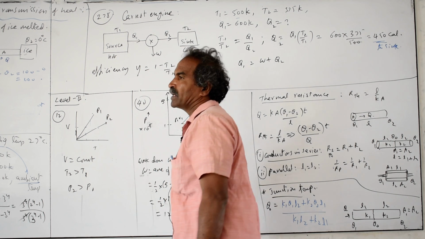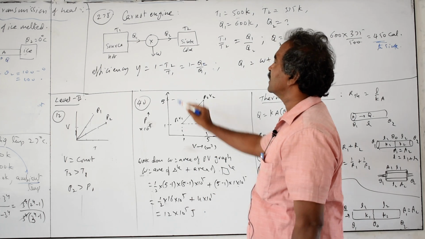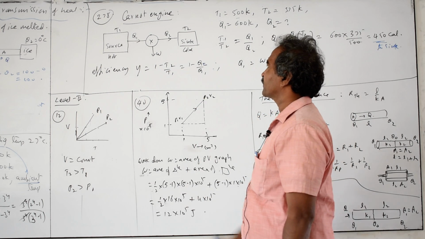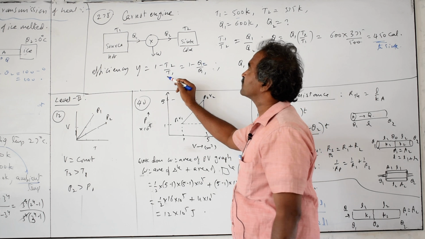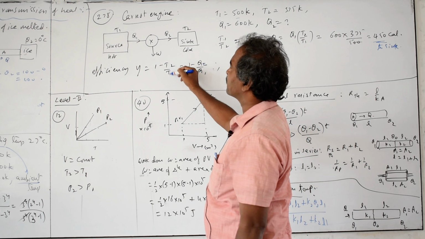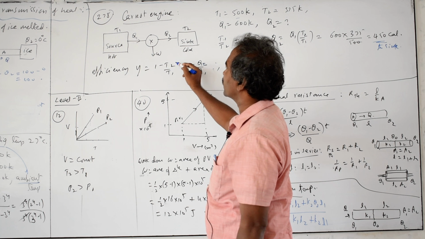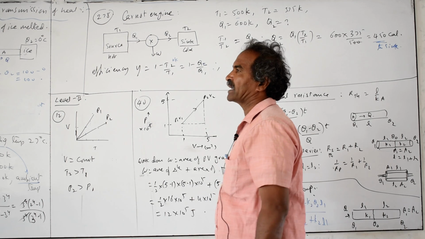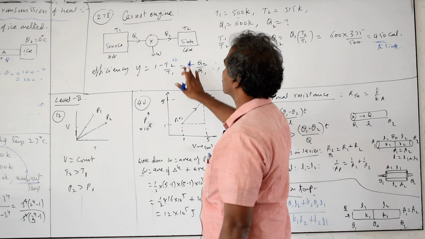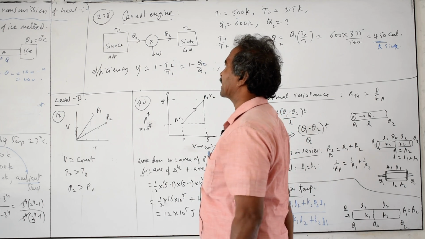Thus efficiency does not depend on what metal you are using, it only depends on the temperatures of the source and sink. And efficiency 100% is not possible, because it is not possible to have T2 equal to 0 kelvins. Here T is the capital temperature, in the Kelvin scale. If T2 is 0 kelvins, then the efficiency is 1, meaning 100%. Practically it is not possible to reach 0 kelvins, or T1 should be infinity, which is practically not possible.